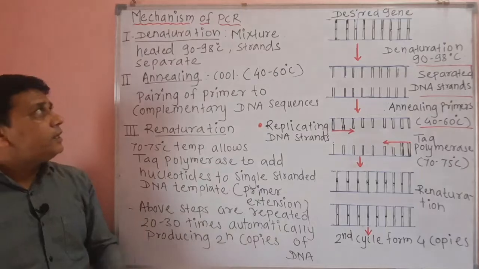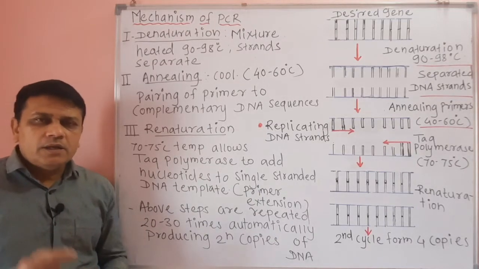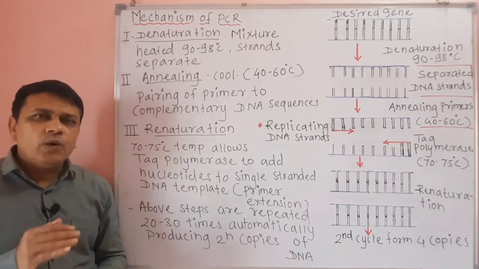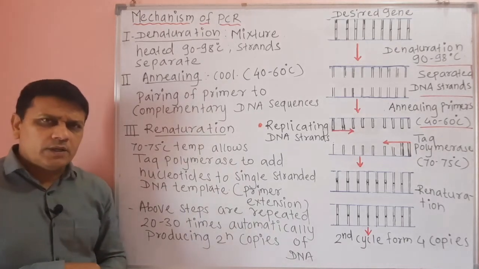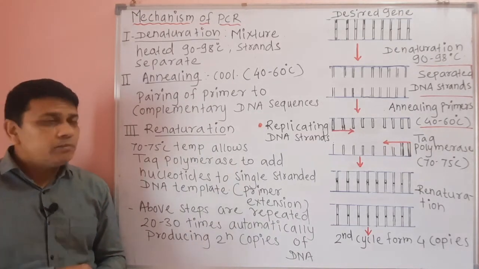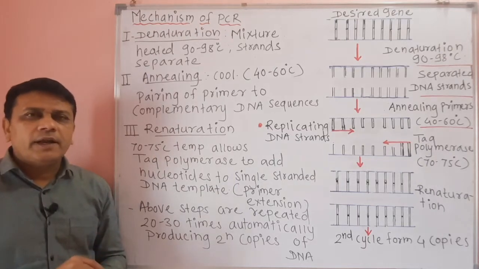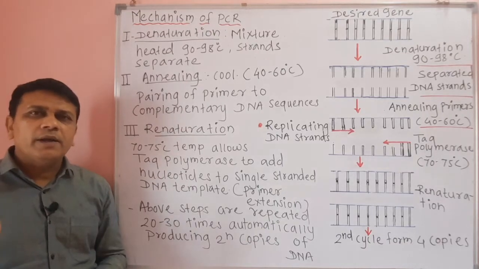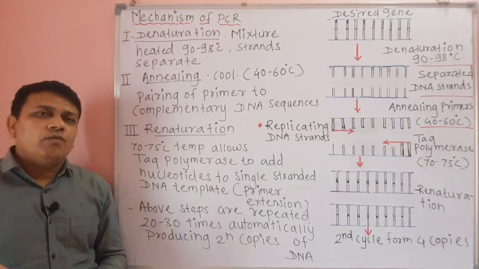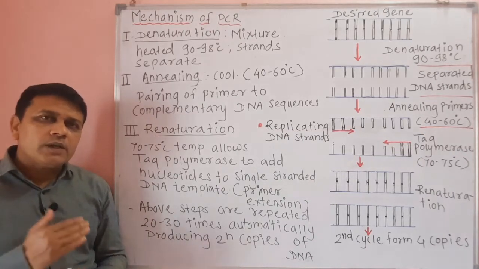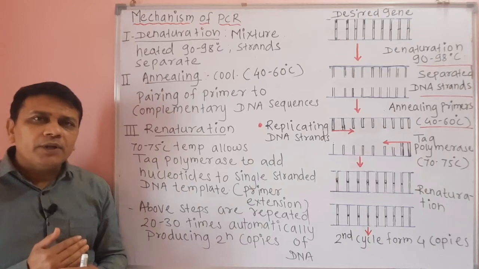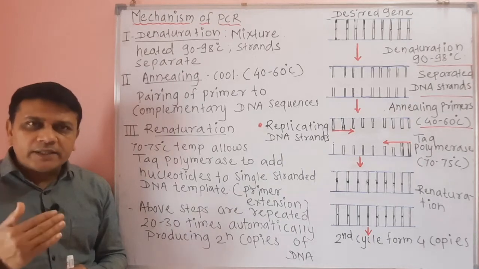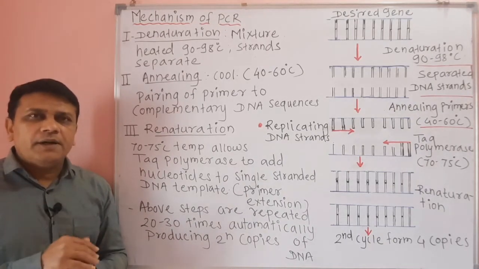Then this technique, that is polymerase chain reaction, is also used to detect different kinds of viral infections. Nowadays the coronavirus infection is detected with the help of this PCR mechanism, and the technique is called RT-PCR, that means reverse transcriptase polymerase chain reaction. That means the viral RNA, by the process of reverse transcriptase, is converted into DNA and its identical copies are made, and accordingly the virus or the viral infection is detected.